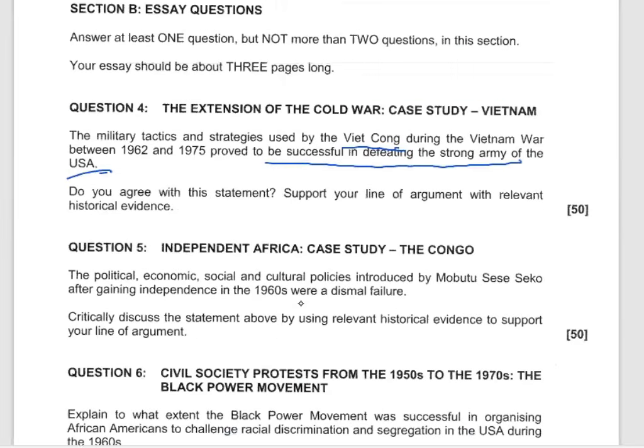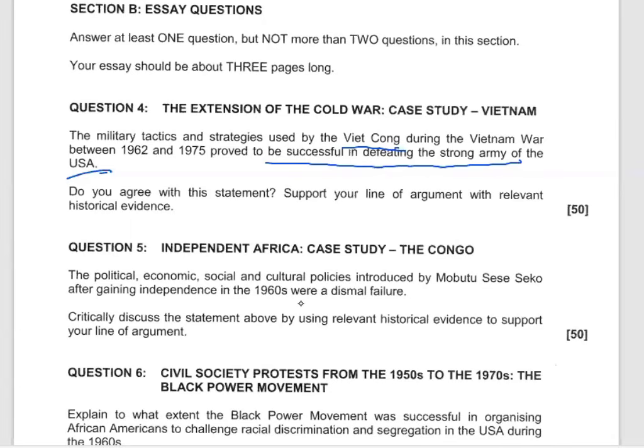So if you decide to disagree, you will fail to prove a point because we know well that American strategies were ineffective against the Viet Cong. Then you go to your paragraphs. Make sure that they are in PEEL format. You highlight the Viet Cong strategies. But remember, this is a war situation. You cannot focus only on the Viet Cong strategies.